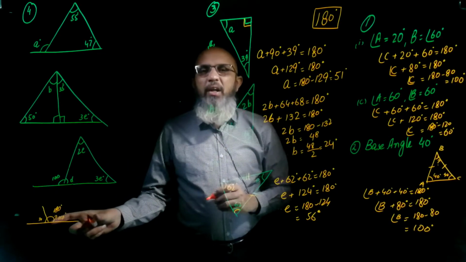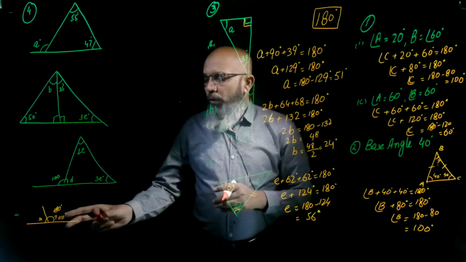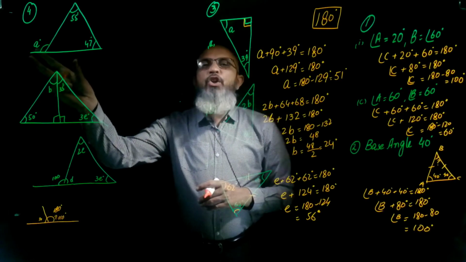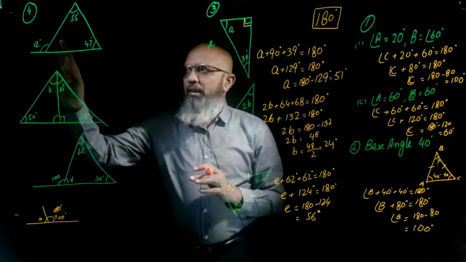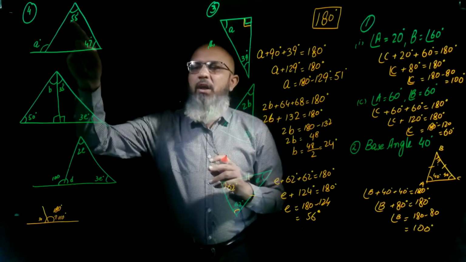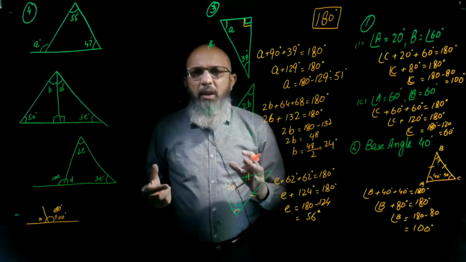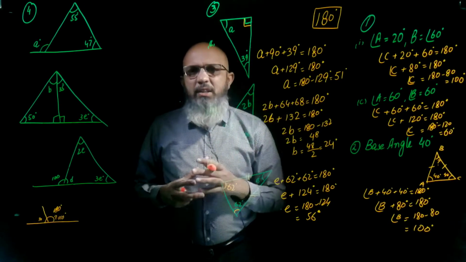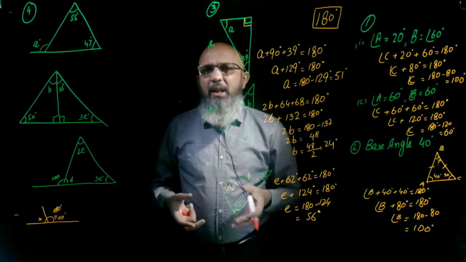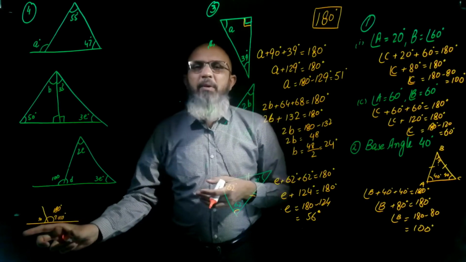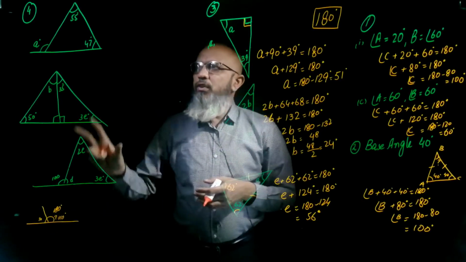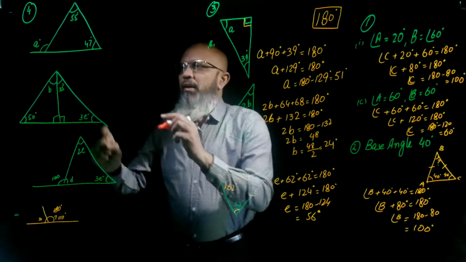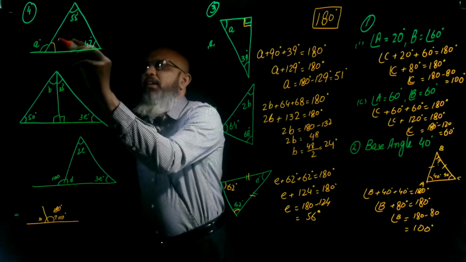That is supplementary angles, right? So we will use this rule on the exterior angle. There is one more rule, that the exterior angle is equal to the sum of the two opposite interior angles, but it's quite difficult. It is a theorem. It will be used in later classes, but not in this class. In this class you will use supplementary angles, right? So we will solve this question. First we will find this unknown interior angle, this angle.